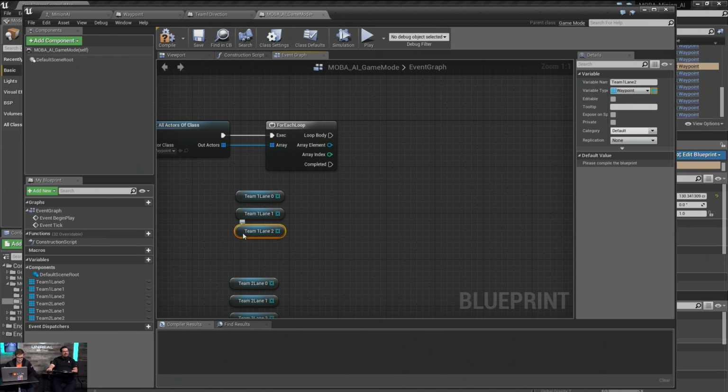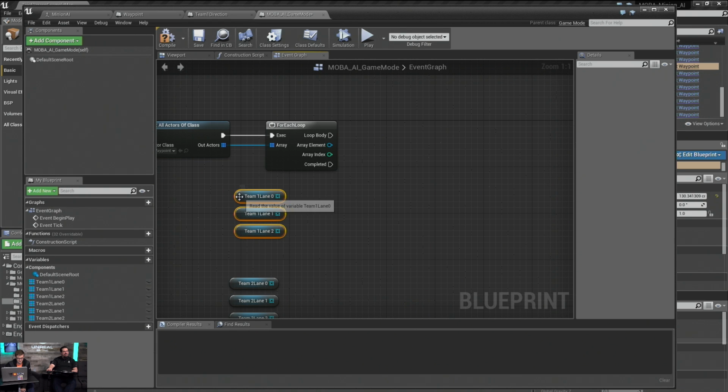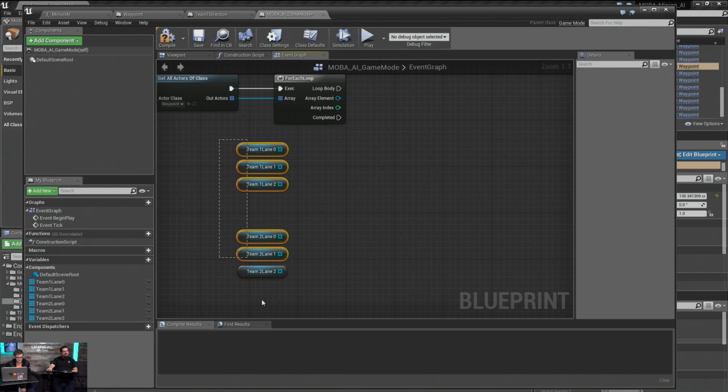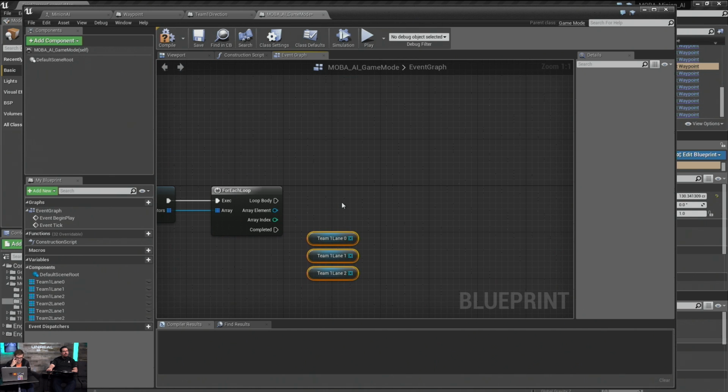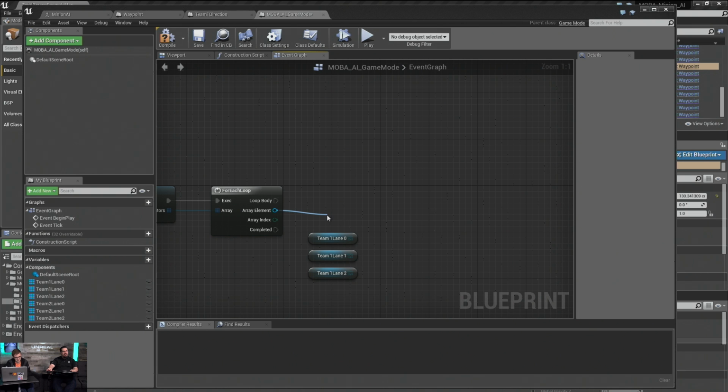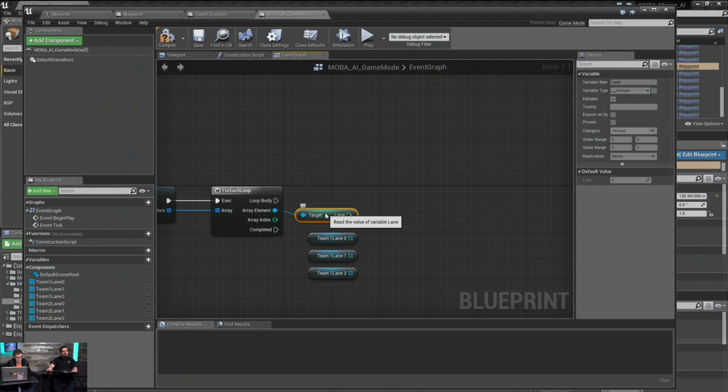So now we're going to need the logic that defines which variables of these we are going to use. So I'm just going to go ahead and get all of these into here. Get. And get. Okay. So here are our teams. Now we need to make sure that we put the right things where they need to go. So what we're going to do is get lane from whatever is being passed in, right?